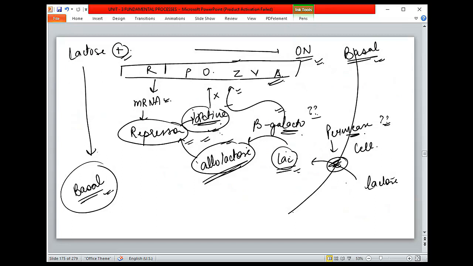Yes, when lactose is present, lac operon is on. Did you not join the class from the very beginning? We are building this concept for the last 1.5 hours. When lactose is present, lac operon is turned on. There are three ways in which the transcription of the lactose operon happens: basal, more than basal, and less than basal. A basal amount needs to be getting done.